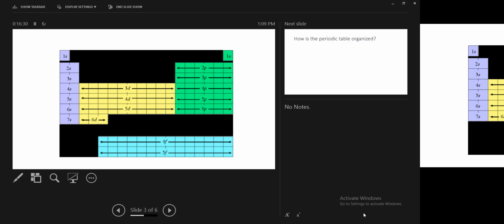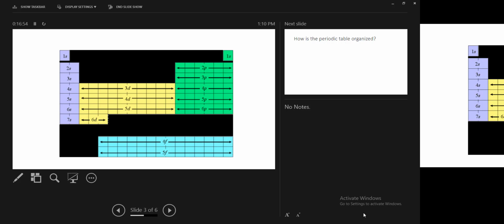3s. And how many electrons fit in our 3s subshell? 2. And then where do we go? 3p. And how many electrons fit in our 3p subshell? 6. And then where do we go? 4s. And how many electrons fit in our 4s subshell? 2. And then where do we go? 3d, right? Because reading left to right, right after